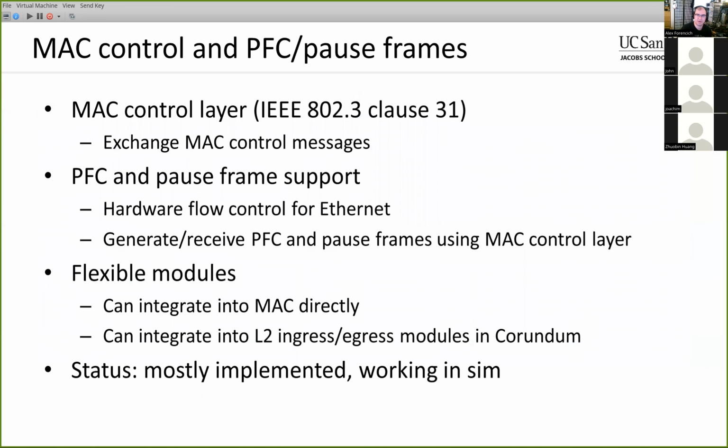Okay, so moving on to the MAC control and pause frame stuff that I've been working on. So for those of you not familiar, the MAC control layer is part of the IEEE spec. The idea is it exchanges messages between MACs. So not between the software running on the host or anywhere else in the stack, it's between the MAC layer itself. And this is used for a couple of different things, but one of the main things is PFC and